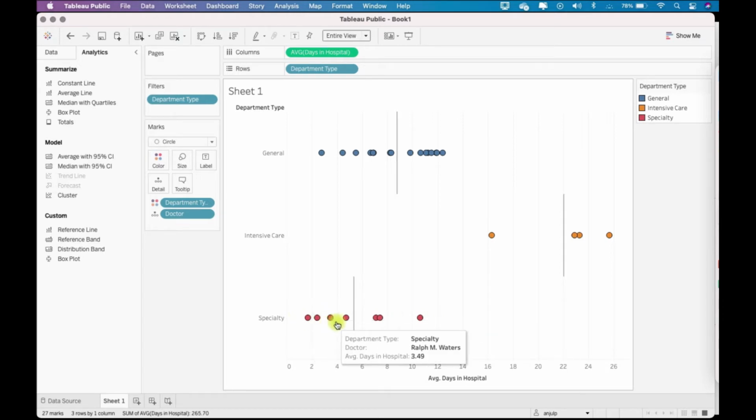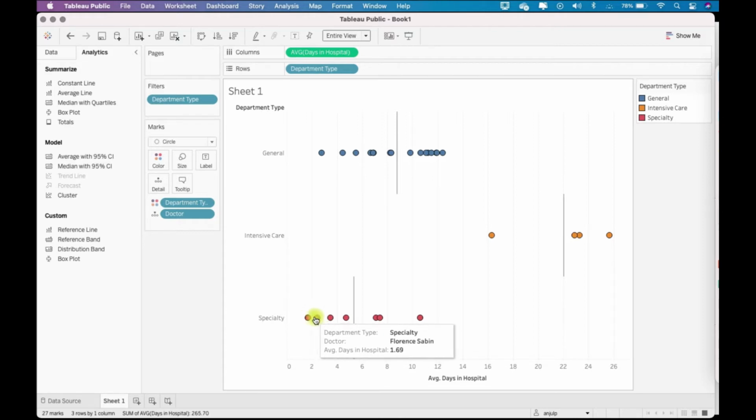Within specialty, there's Dr. Florence Sabin, and the patients have an average days in hospital of 1.69 days for this doctor. Then Oliver Sacks, for this doctor the average days in hospital of patients is 2.44 days.